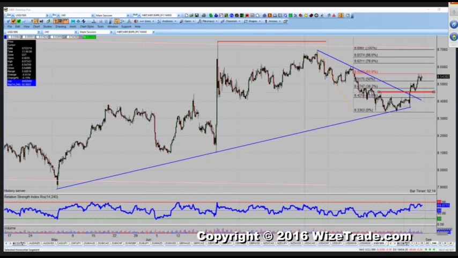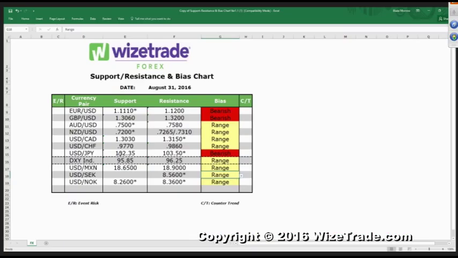We're right down at 845. Might hit support before then at 850, but 845 on a weak number. All right, guys, your bias chart's done. It's finished, and